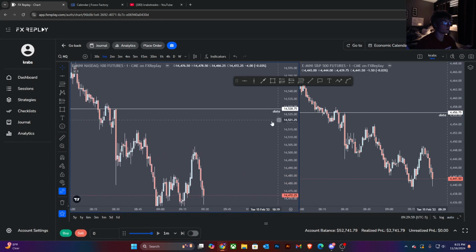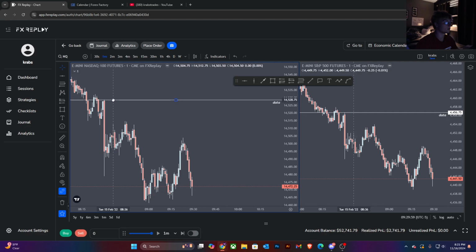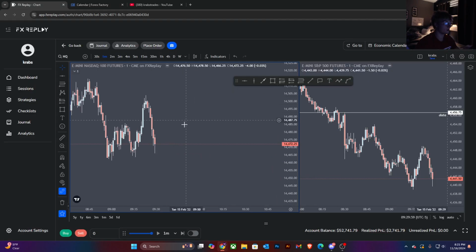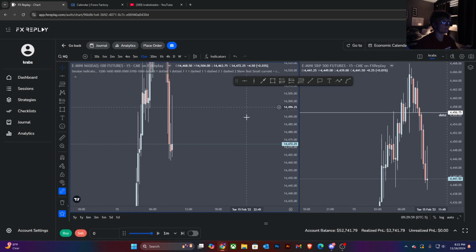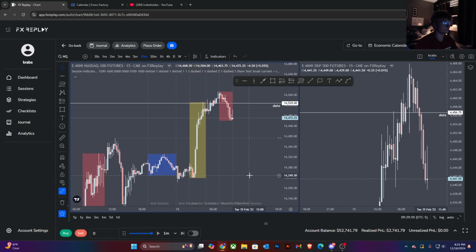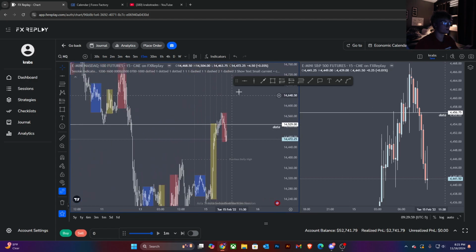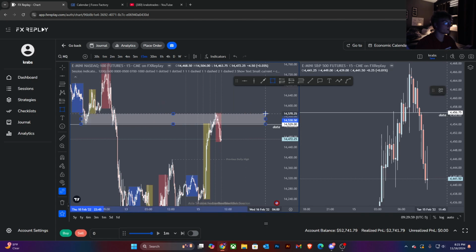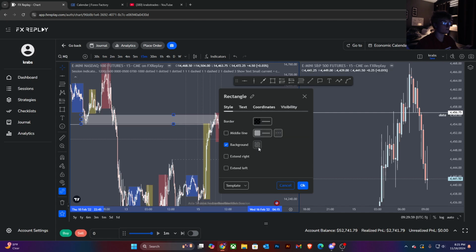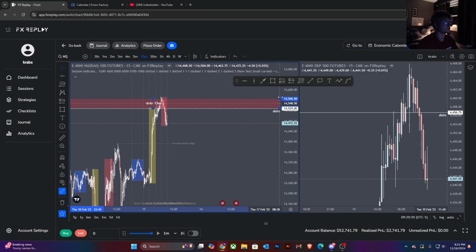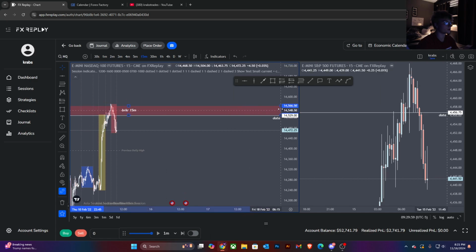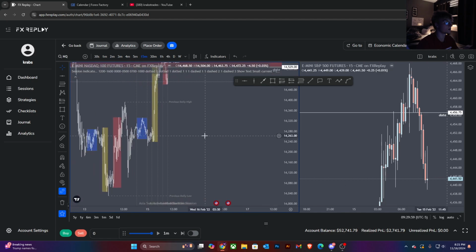Took out the data low. It's not the most significant data high, but can still use it as a target. Wick of that 8:30 news candle. So let's hop on the 15-minute. See where we're at. Pretty high in premium. See we're rejecting this breaker. Higher time frame, so yeah, I'm still bearish here. I think this is just manipulation higher for a run lower.